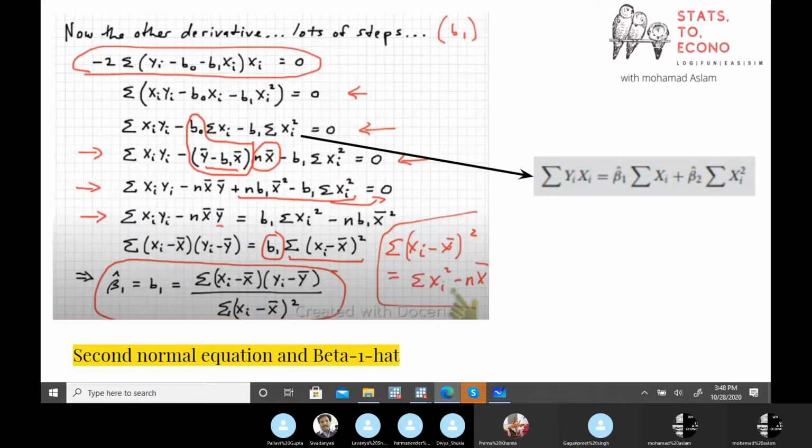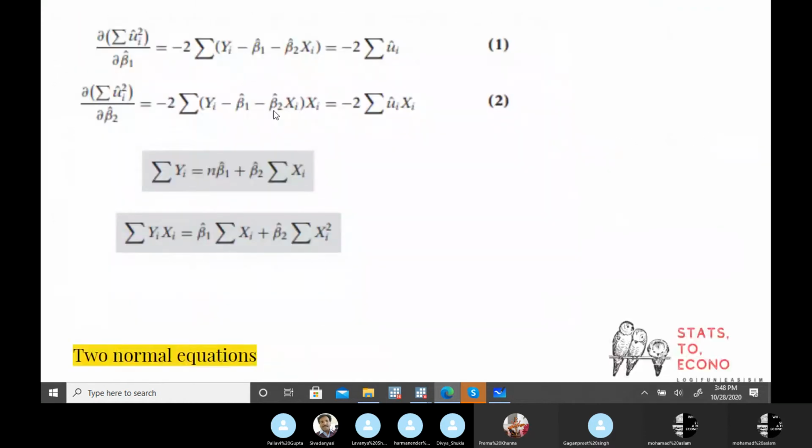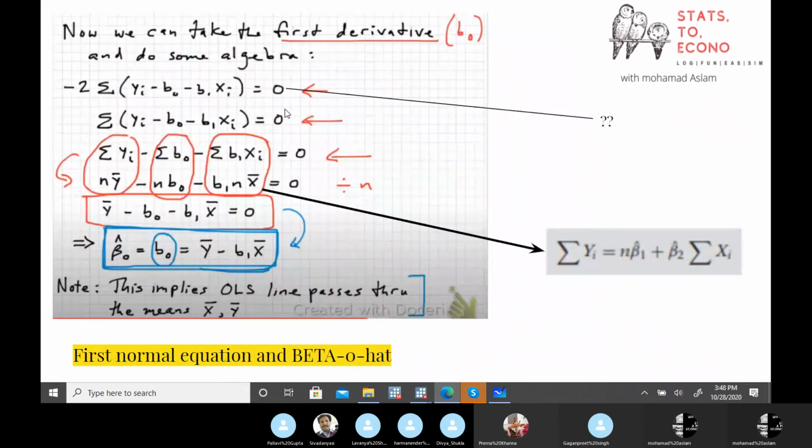Yeah, later on. First, just do this, solve it. This is our second derivative with respect to beta 1 in this particular notation, or beta 2 hat, equal to 0. So just first multiply this with the x value. This is the second equation, equal to 0 because of the first order minima condition.